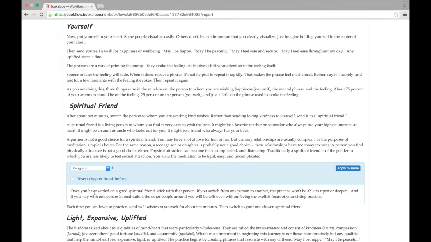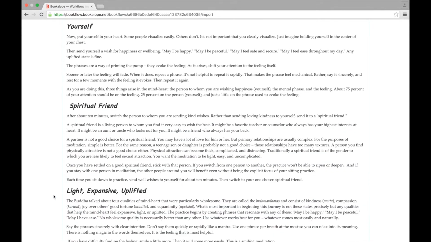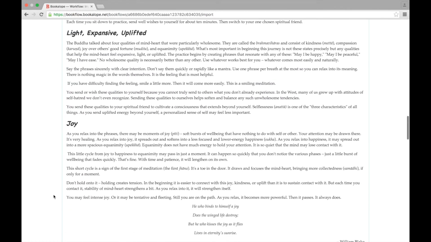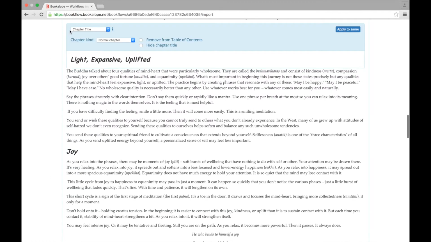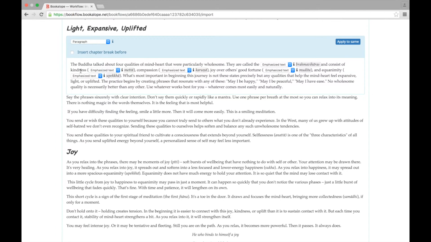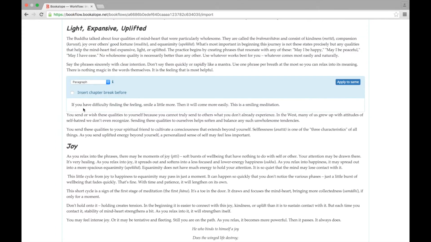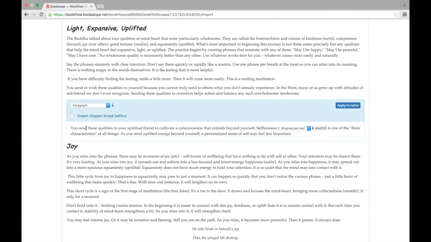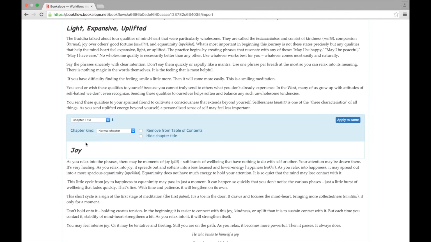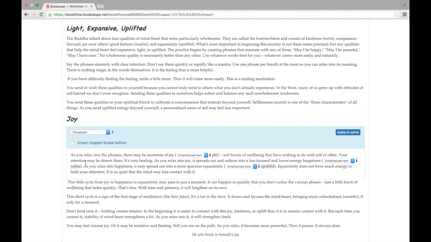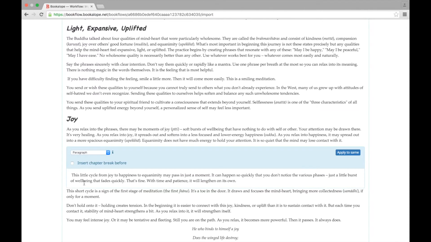This all looks good. The next chapter title, Light, Expansive, Uplifted, has 2 paragraphs that contain emphasized text, and Bookalope got them right. The Joy chapter too. There are several text portions with style changes, and Bookalope identified them all correctly as emphasized